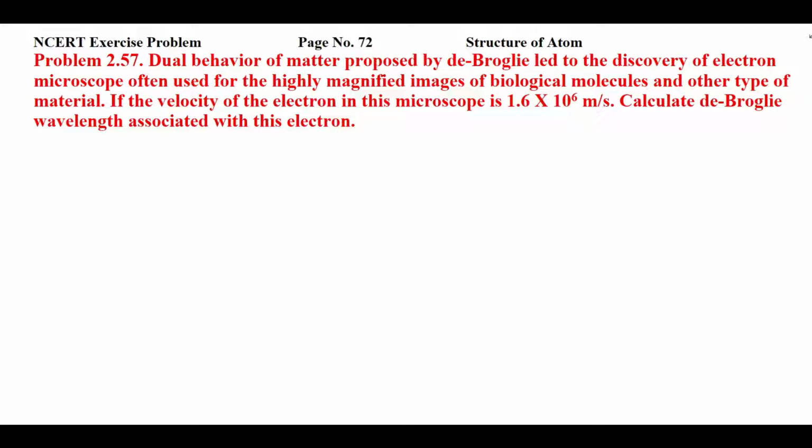So in this question, the examiner is saying that this dual behavior of matter proposed by de Broglie leads to the discovery of electron microscope that you can use for highly magnified images of biological molecules and other types of material, right? In this microscope, if the velocity of electron is 1.6 into 10 raised to power 6 meter per second, you have to find the de Broglie wavelength associated with this electron. That means the wavelength of electron over here, right? So for this, we'll apply the de Broglie relation. First of all, we'll write the de Broglie relation, that is